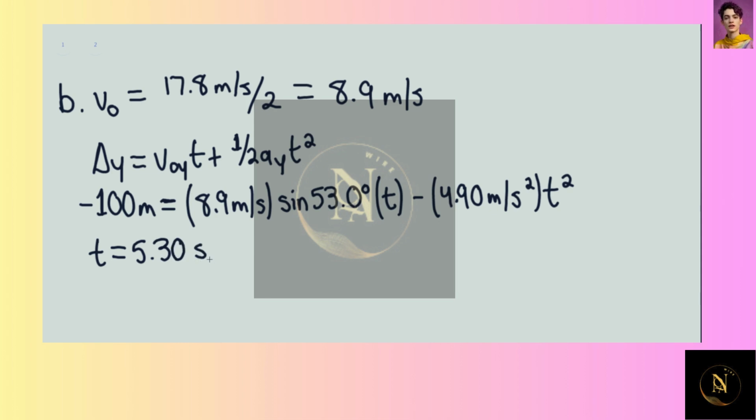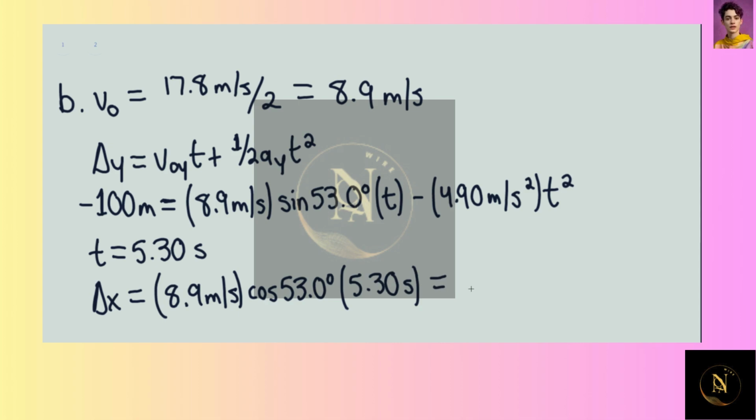5.30 seconds. And so now we can find the horizontal distance at this time. So delta x, again, there isn't any acceleration in the x direction. So we can simply say 8.9 meters per second multiplied by cosine of 53.0 degrees multiplied by 5.30 seconds. This is going to be equal to 28.4 meters. So he would land in the river, specifically 28.4 meters from the initial launch point. This would be our final answer